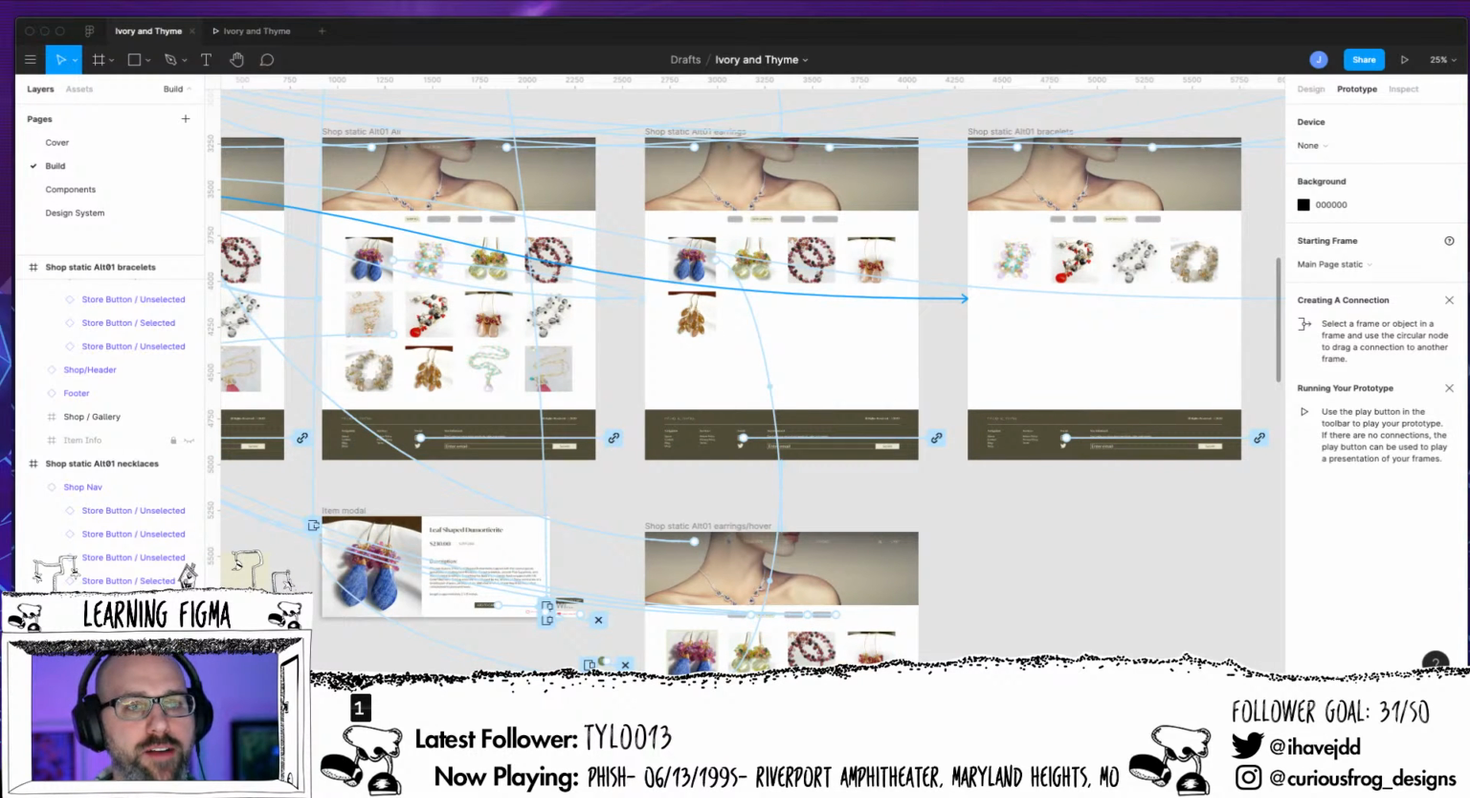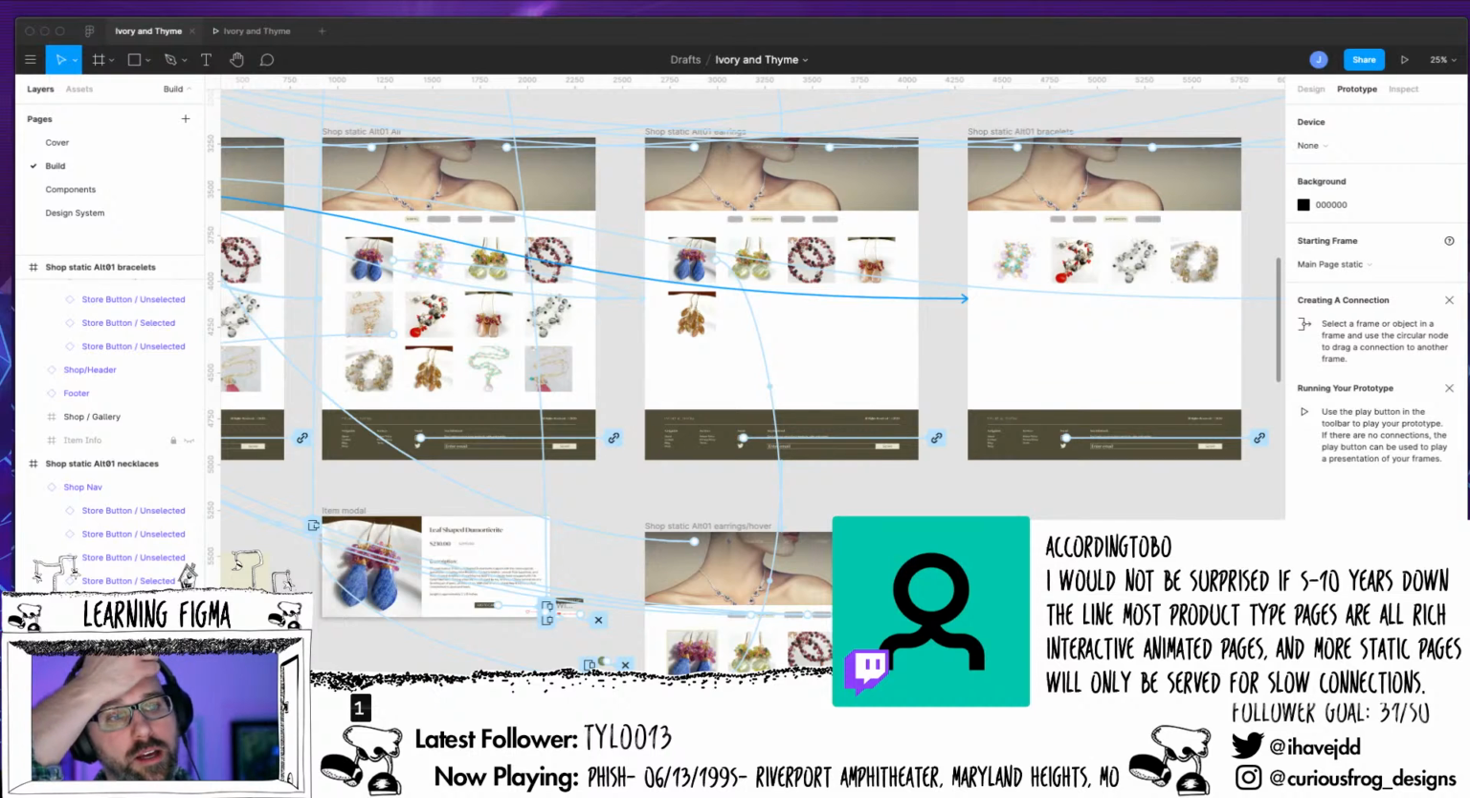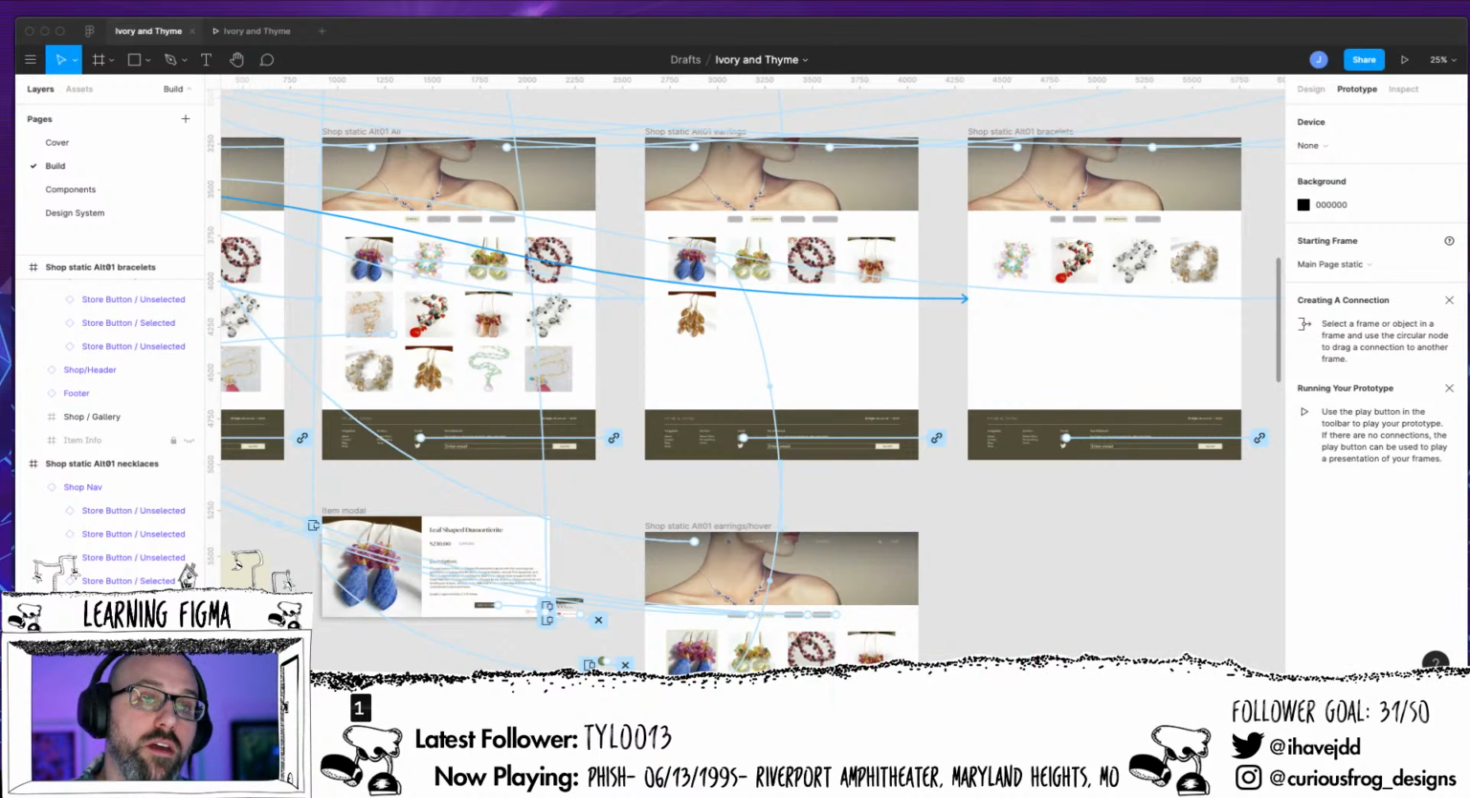I wouldn't be surprised if 5 or 10 years down the line, most product type pages are all rich interactive. Yeah, and more static pages will only be served for slower connections. Too much motion, too much interactivity, I think is not necessarily a good thing. But I do agree with you. I think there is,